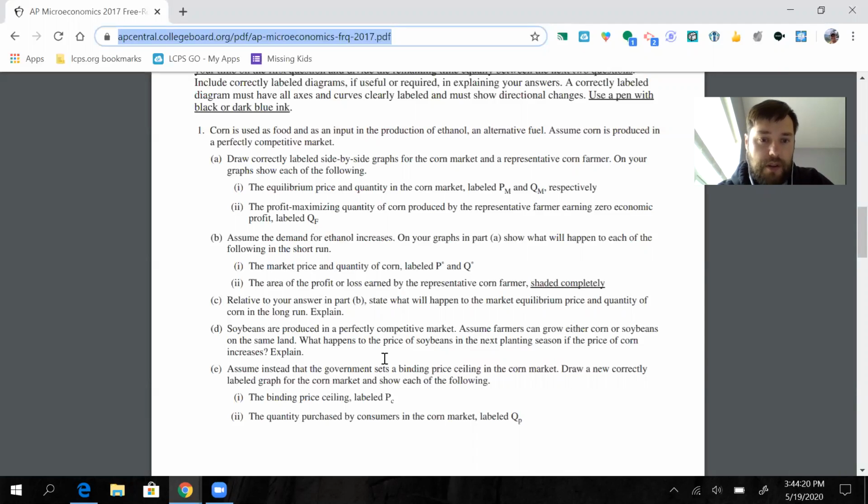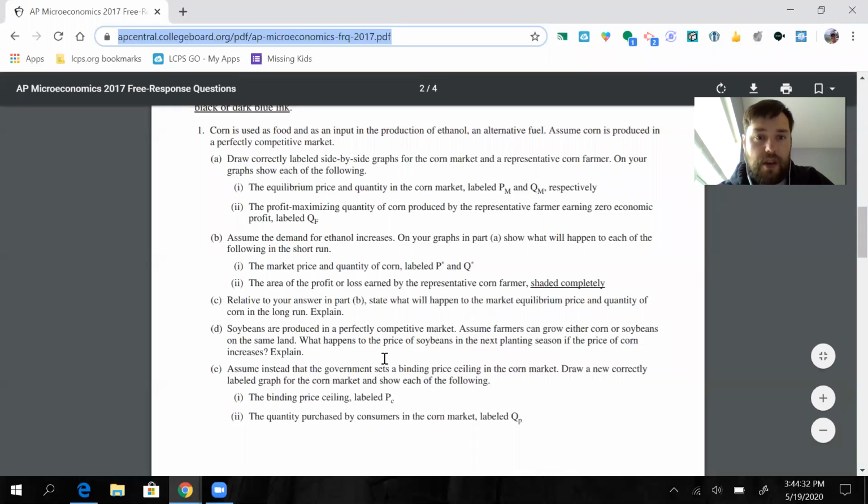And then we're going to go ahead and take a peek at B, because we're going to show the answer to B on the same graph. So assume the demand for ethanol increases, right? So ethanol up above was corn as an input in the production of ethanol. So the demand for ethanol increases, and then on your graph, show what will happen to each of the following